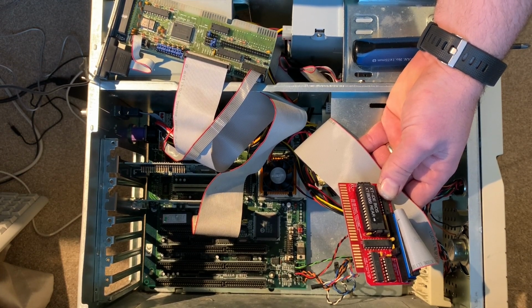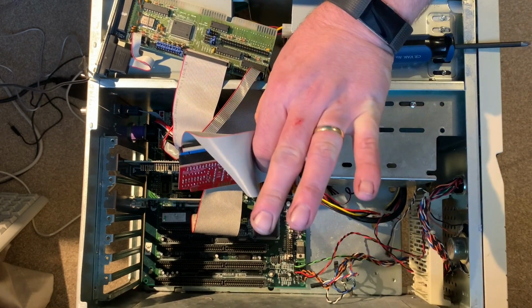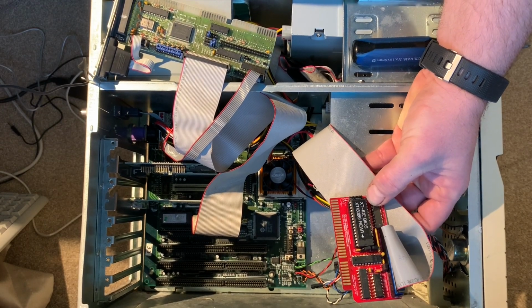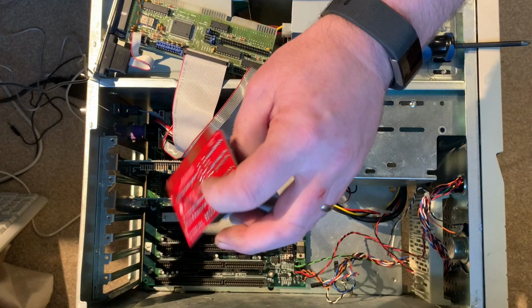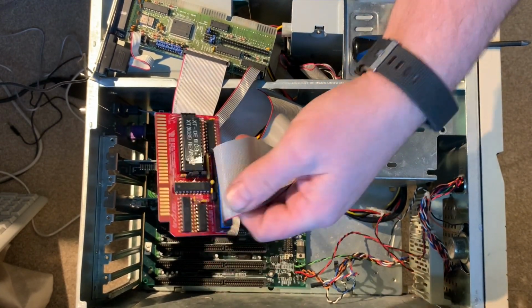So I thought, okay, I'll try a different CF card. So I went through about half a dozen. None of them worked, or one did work briefly, and then it was corrupted and never worked again. So after a day or two, I gave up in frustration and fitted this rather compact XT to IDE 8-bit